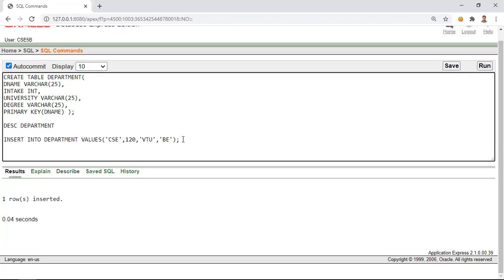Okay. Then let us quickly add a few more departments. Like I'll add electrical, then let us add MCA.